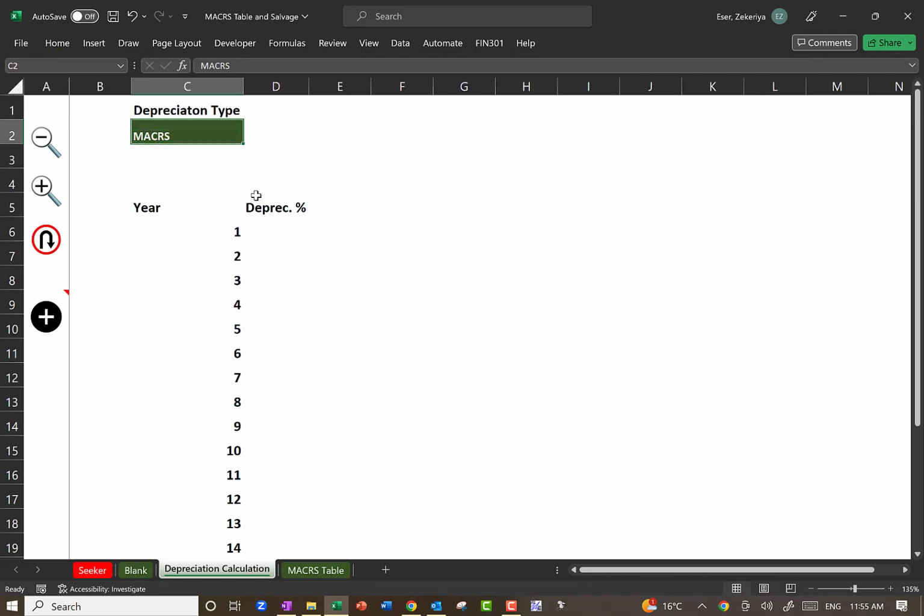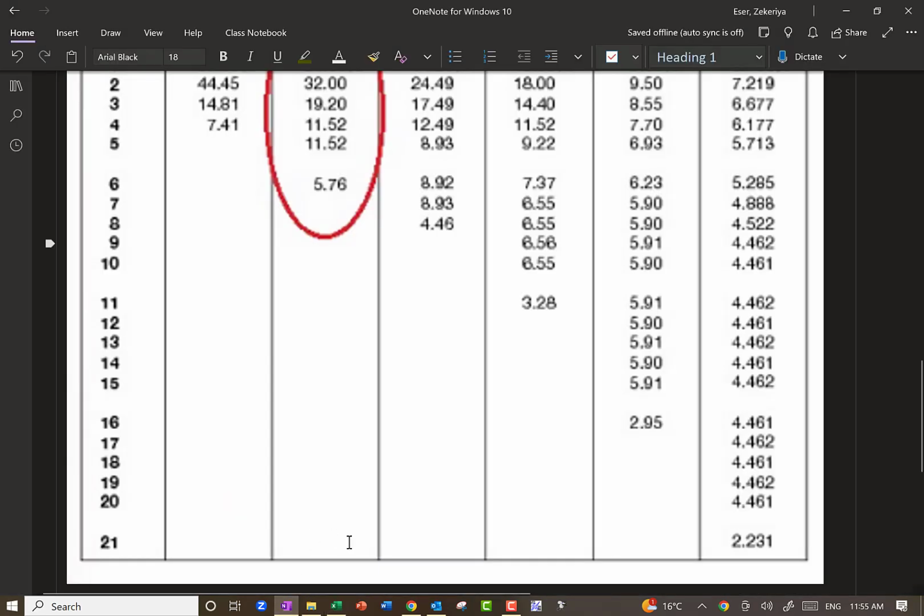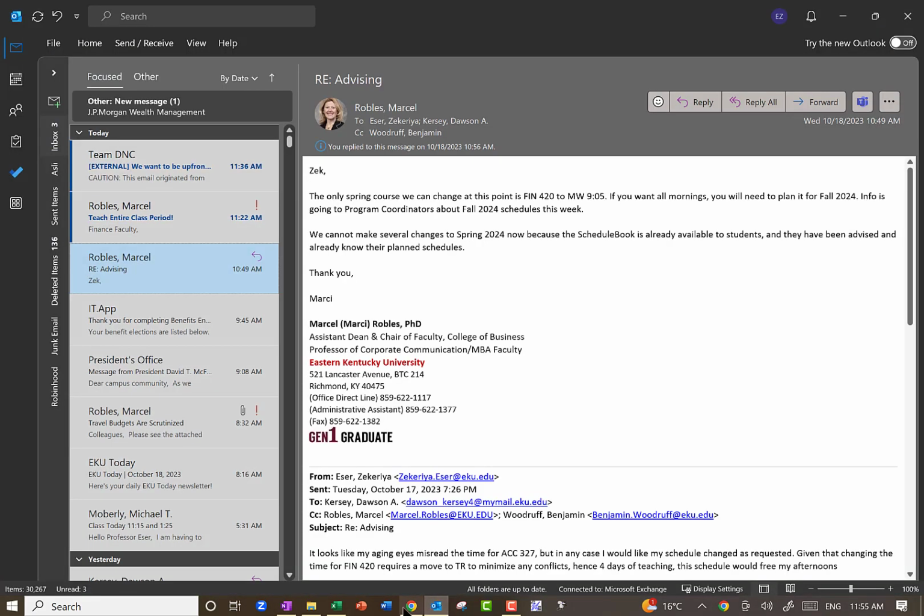It's gonna take on 3 values. It's either makers, straight line, or depletion. You guys know about the depletion method to calculate depreciation? It's typically